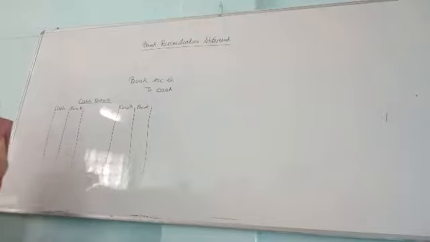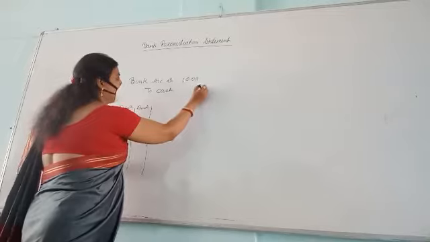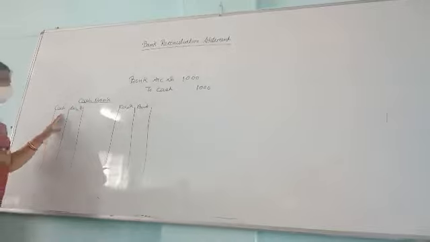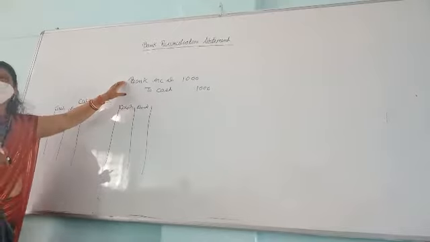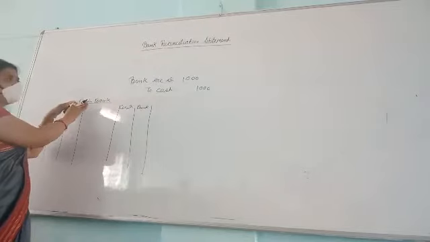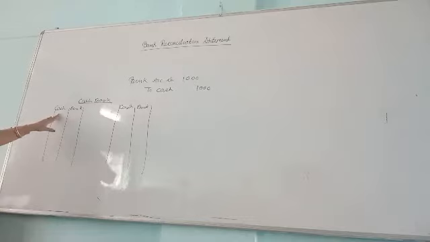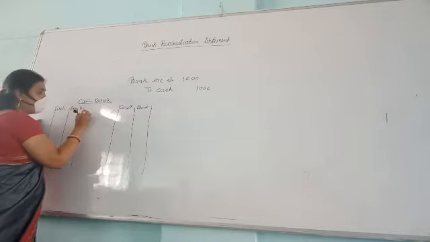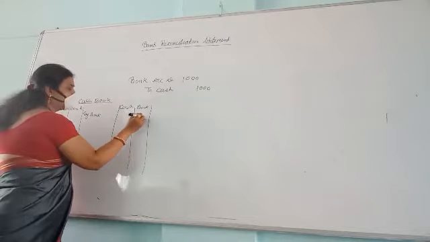Suppose when we have deposited our money into the bank, 1000, then we have made our entry bank account debit to cash. Then how have we made this entry in our cash book? This is the contra entry. We have learned this is the contra entry, bank account debit to cash. If we perceive it as a cash book, how do we make our entry? It will be recorded on the credit side of the cash book. We will write "By bank", and in the bank column we will write 1000.